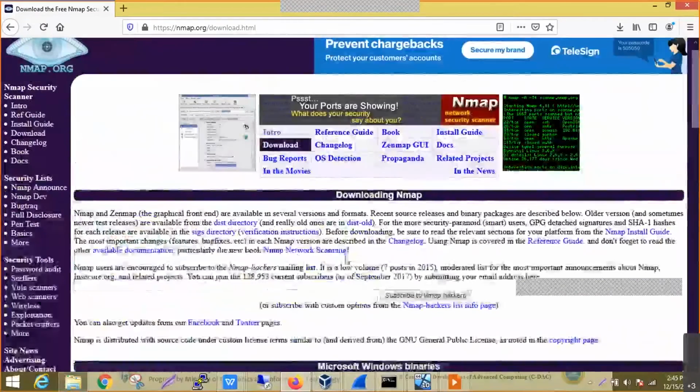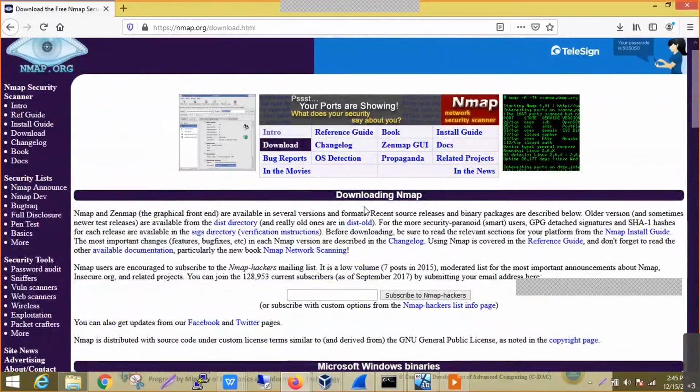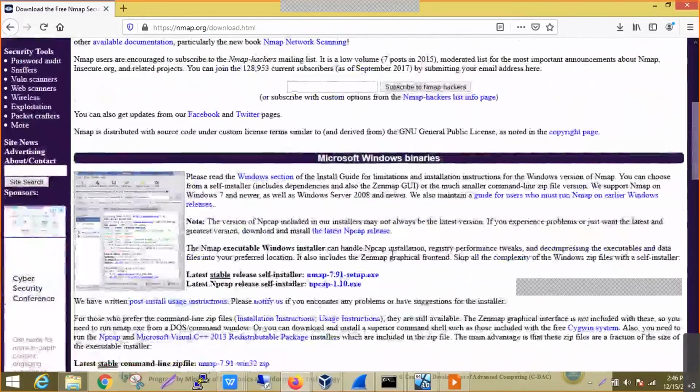Okay. So there are two kinds of versions with respect to that. The Windows version has a GUI, which is called Zenmap. On Kali or other Linux systems, they have the command line version, where we can directly go for Nmap.